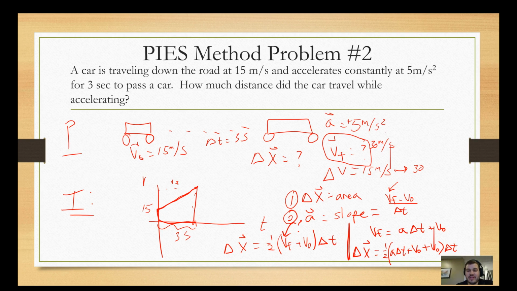And we could simplify this a few different ways, which I have to do over here, a little out of space. So this would be 1/2 acceleration times delta t squared, plus, I have these 2 V initial times a 1/2 gives me 1 V initial, so plus V initial delta t. Now, if you're doing the textbook reading, you might notice that this is what the textbook calls a kinematics